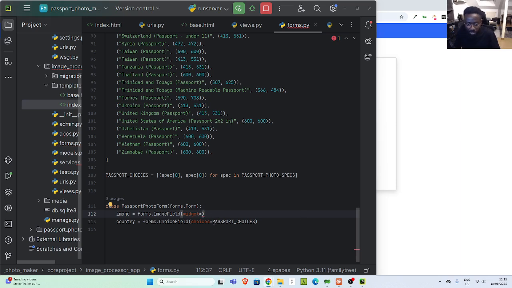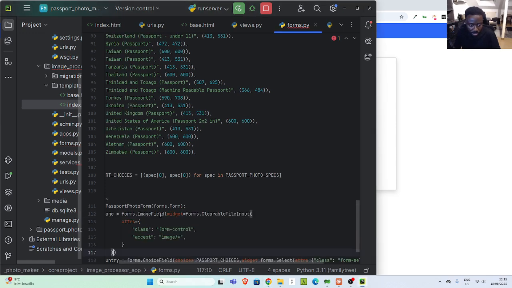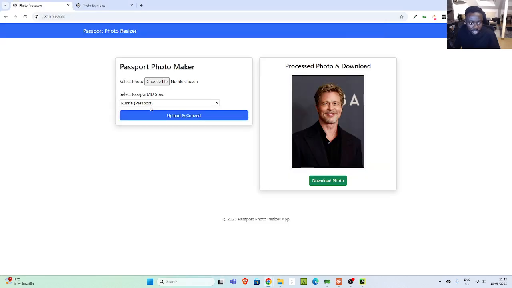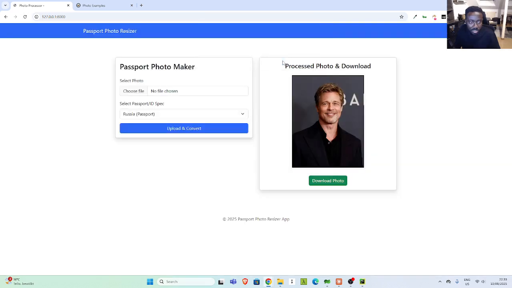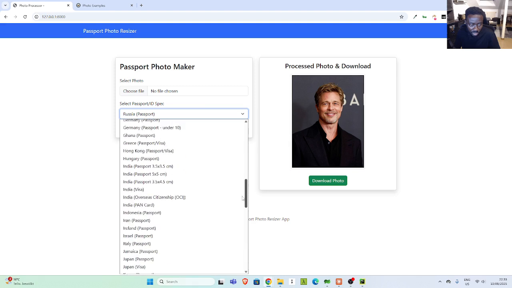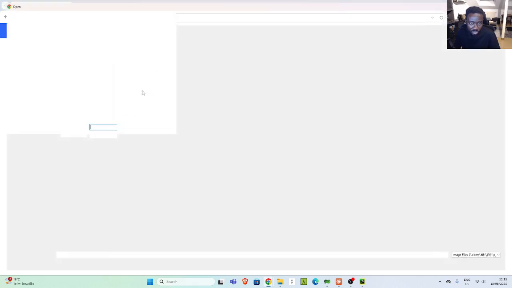So we have it here. So for the choices, I can just do this. Right, so this is the choices, the widget, and then for the images, I can also do this. Right, so we have these two here, and if I refresh it, you see that this is okay, but now it's going to change to become better. So now it's better, right? So this looks better, this looks easy, and I can upload an image, and then we can check, right? So there are different countries, there's one that we added for Ghana, and I can upload another image,